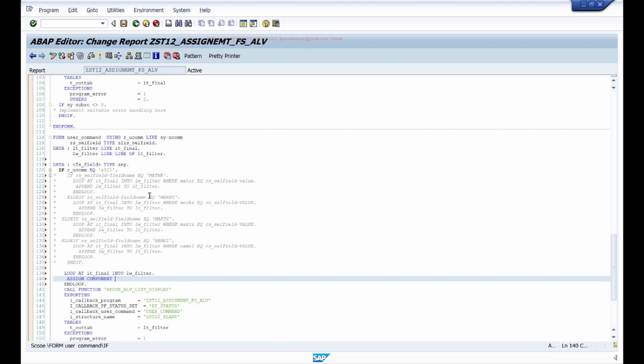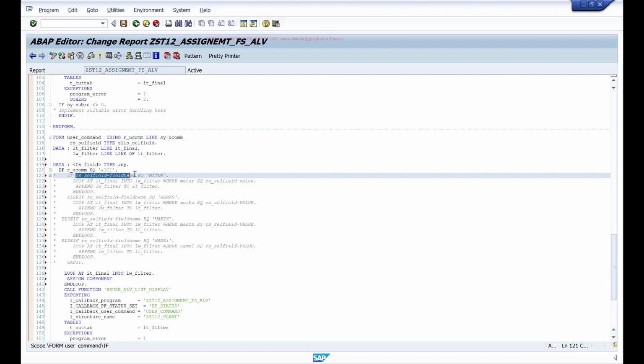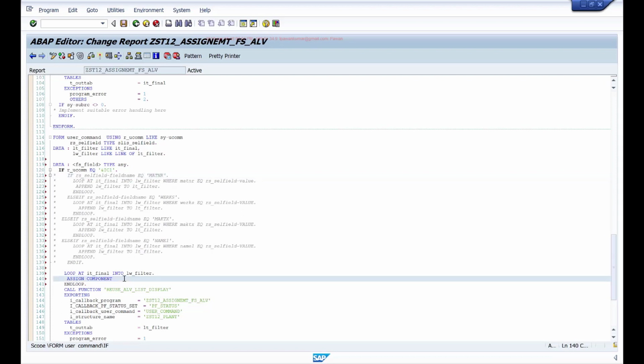So in our case, this RS cell field name has the name of the field. So I can say assign component this. So whatever value is there in this particular field, it should have the name of the component, will be assigned to my field symbol. So I'll say assign component RS cell field name of structure LW filter to my FS field.